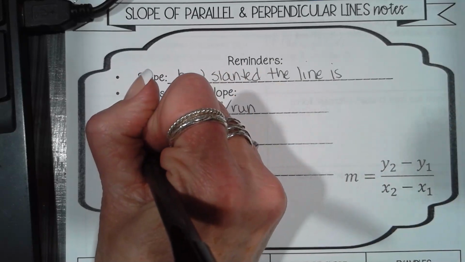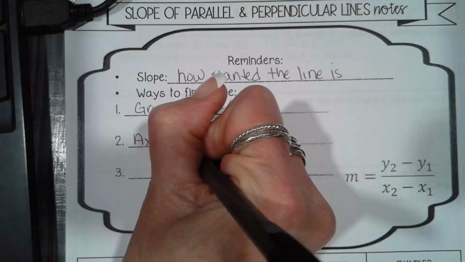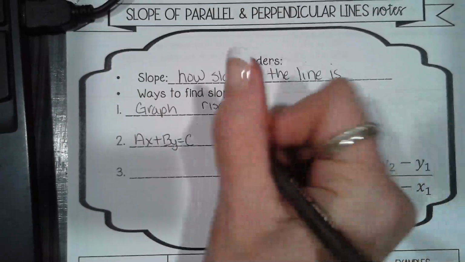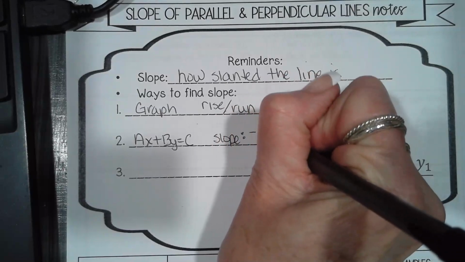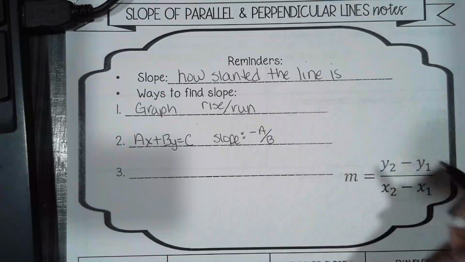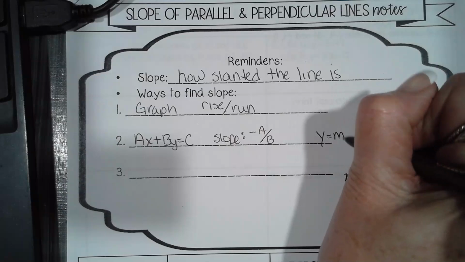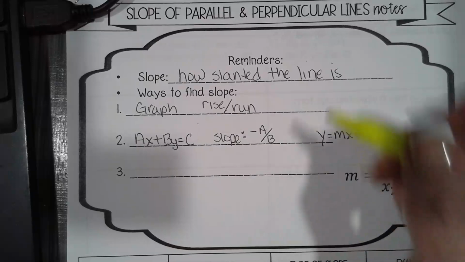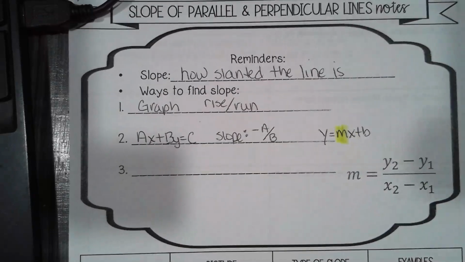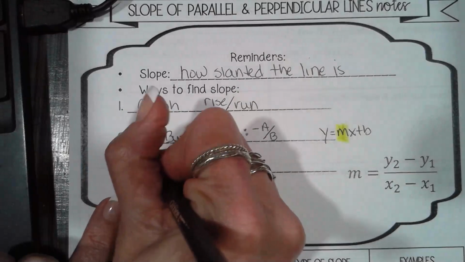If you have an equation, remember, one form is ax plus by equals c. Your slope is the opposite of a divided by b. If it's in slope-intercept form, y equals mx plus b, then we know that the slope is the coefficient on the x. And if you have a table or ordered pairs,